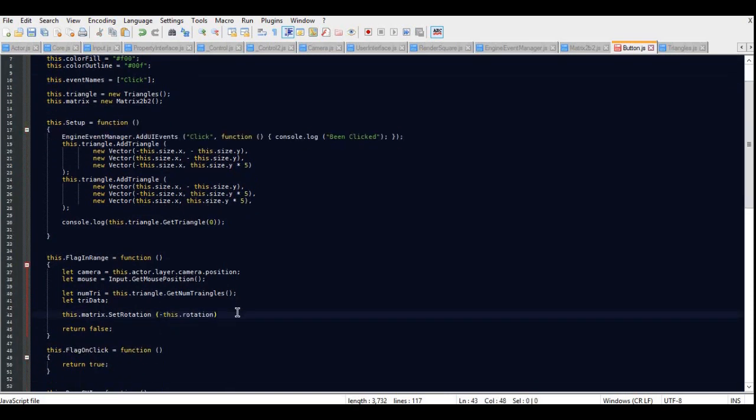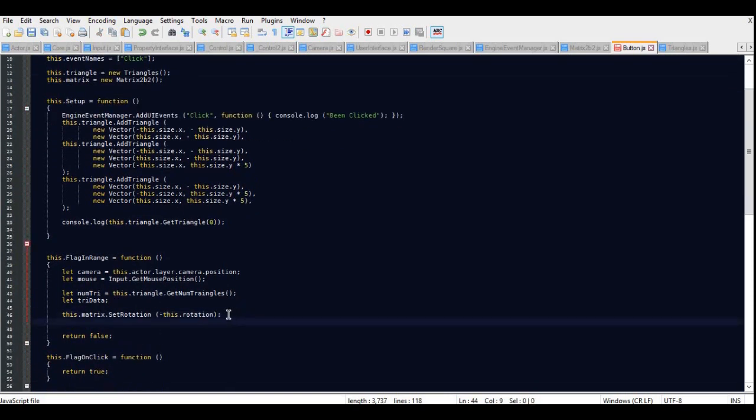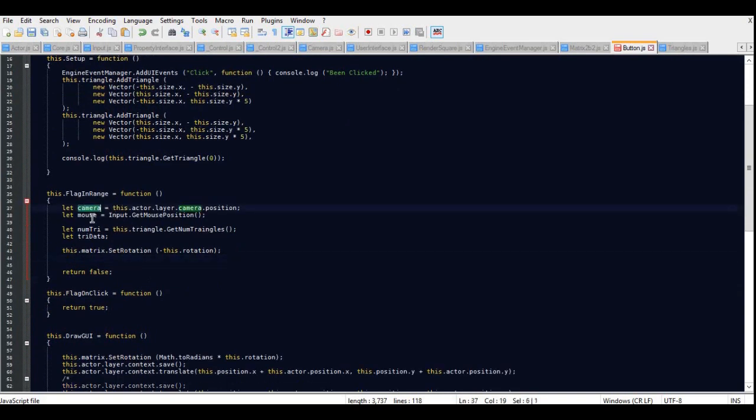This time we're doing it this way, and I'm going to apply it to the mouse. So we're going to do the mouse equals this dot matrix. So this dot matrix, I've got to do the transform vector, but this time I'm not using the vector raw, I'm just using the vector mouse, and